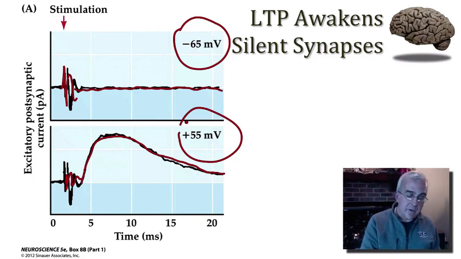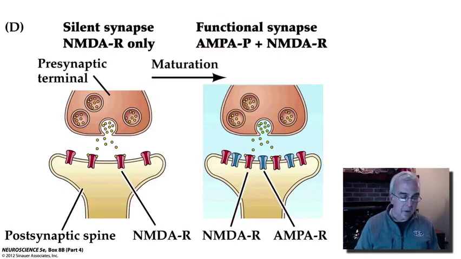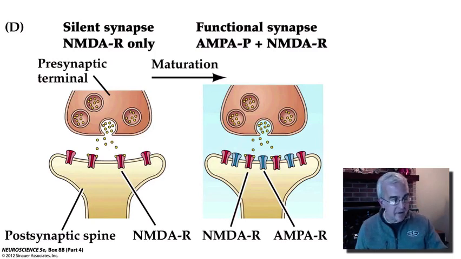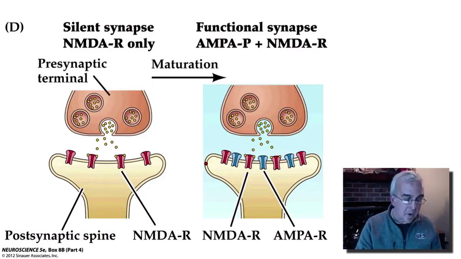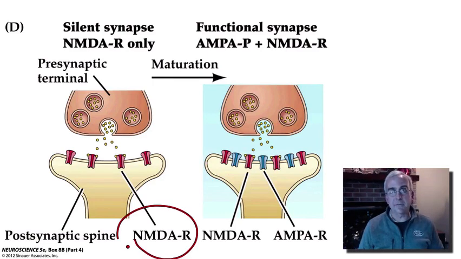The required depolarization of that postsynaptic neuron implicates a synapse that is populated by NMDA receptors and no AMPA receptors. So what we might find, and indeed frequently we do find, especially in the developing brain, are these silent synapses where we have NMDA receptors present only with insufficient numbers of AMPA receptors to make this functional with low frequency